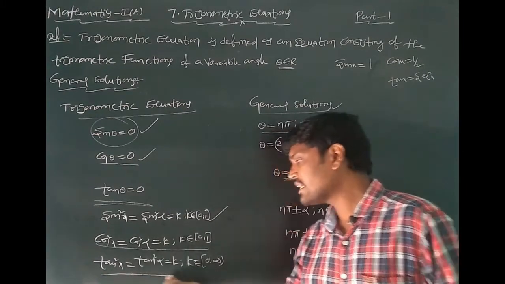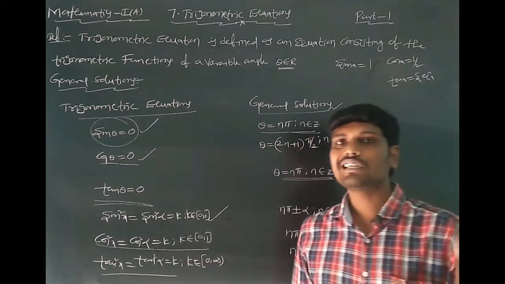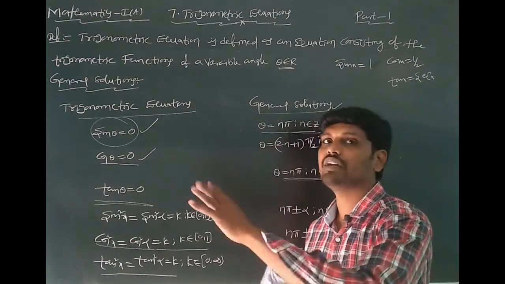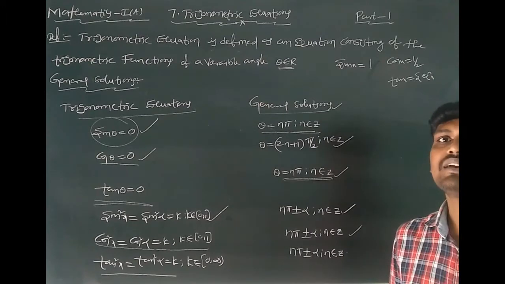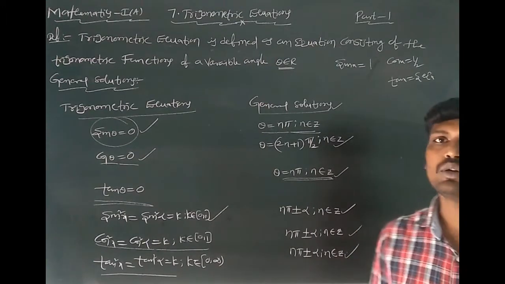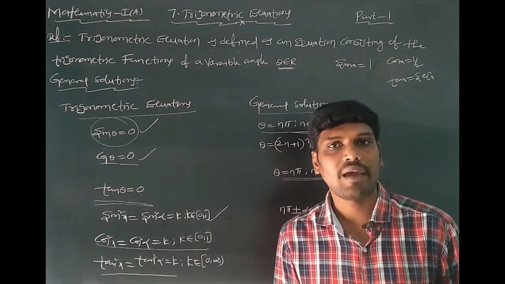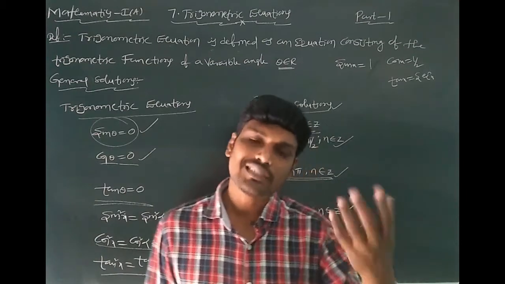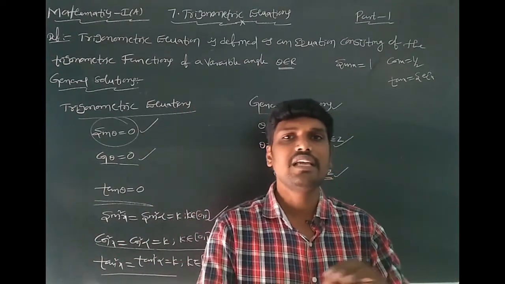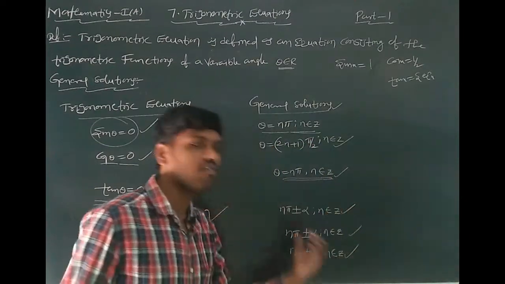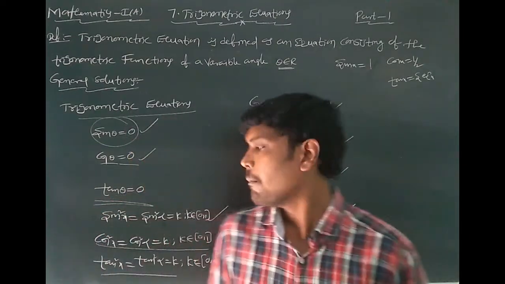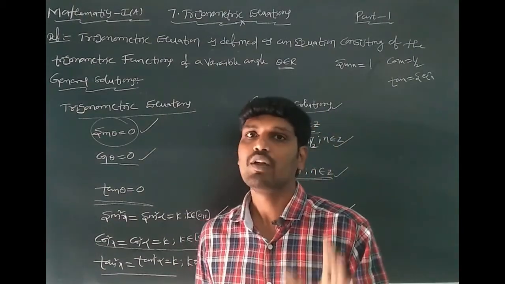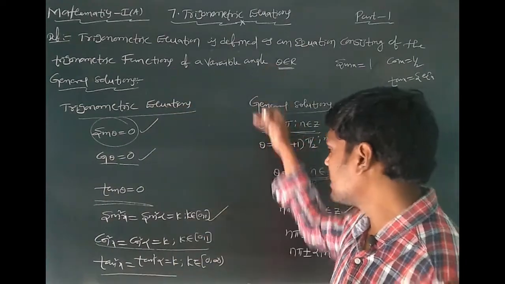Next, tan square x is equal to tan square alpha, equal to some k. Here the k value lies between 0 and infinity. In this form, the general solution is also theta equal to n pi plus or minus alpha. If sin square theta equals sin square alpha, cos square theta equals cos square alpha, tan square theta equals tan square alpha, or cot, cosecant, secant squares, the general solutions are all equal. But here intervals are very important. You can do that problem. These are the general solutions.